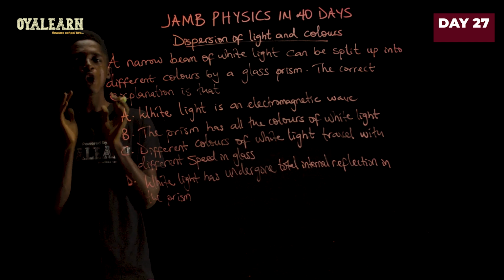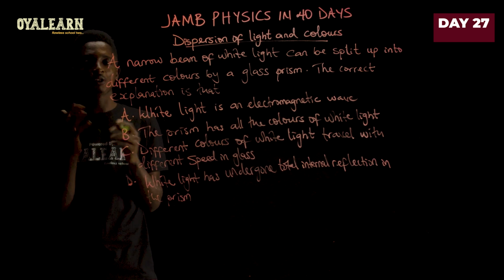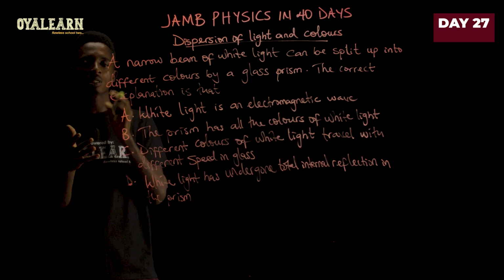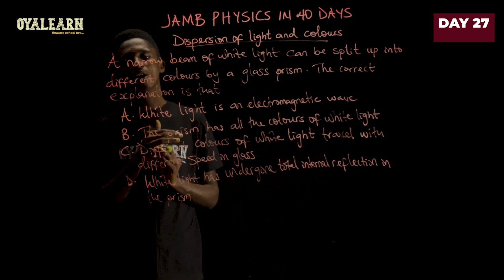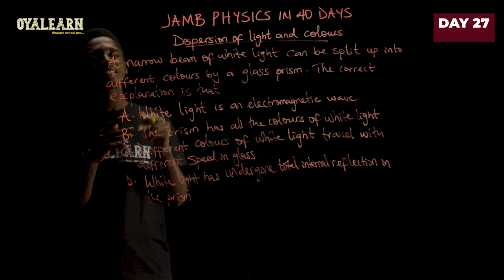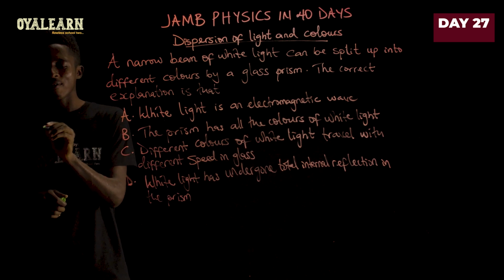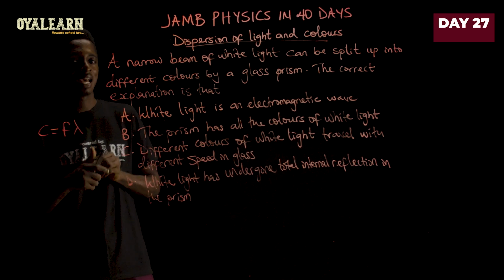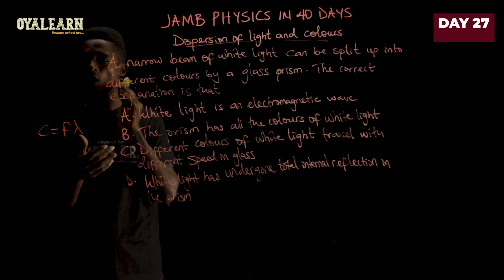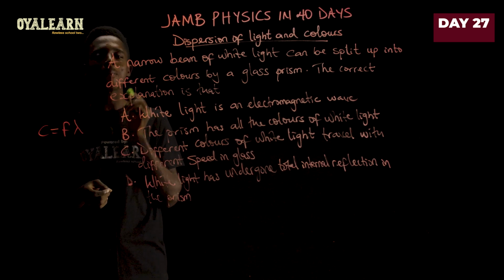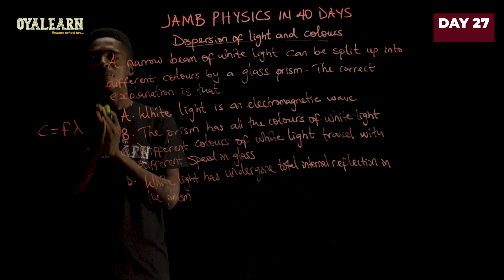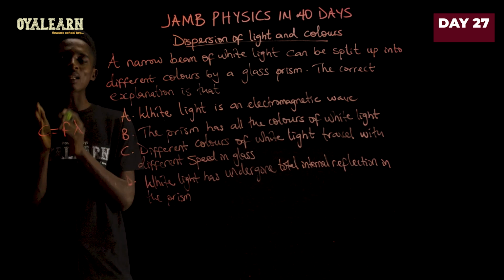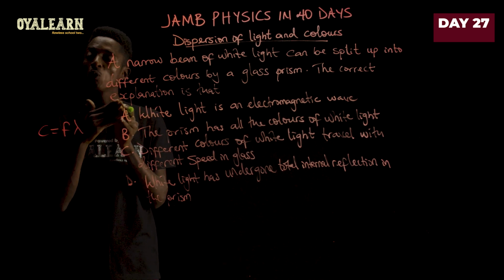Now, if you have always been paying attention to our videos from the beginning of this series, I think about 2 or 3 videos ago, we did talk about the relationship between velocity of light, frequency, and wavelength. And we did arrive at speed of light equals the product of frequency and wavelength. And I mentioned that the frequency of a wave is determined by the source of that wave, and so it remains constant whether it is refracted or not. So when that wave moves from one medium to another, it will bend.